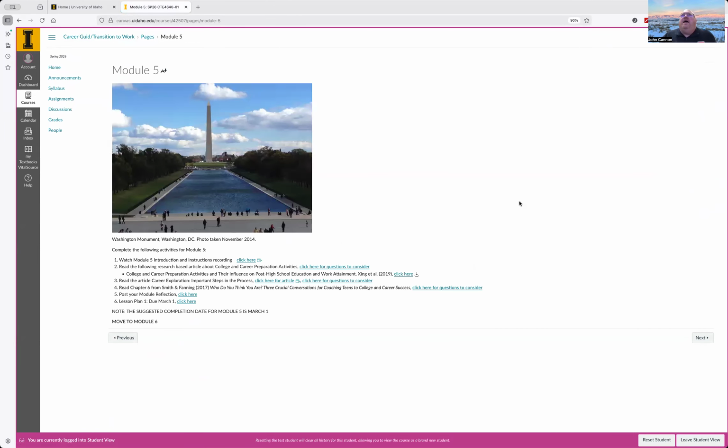And here we go. Staying with the President's Day, President's Month theme, I'm sharing a picture of the Washington Monument I took back in November of 2014 when I was at another conference in our nation's capital. That conference was on the creation of national CTE professional standards for CTE teachers. It was a pretty day to see the monument, and I took this photo from the Lincoln Memorial.